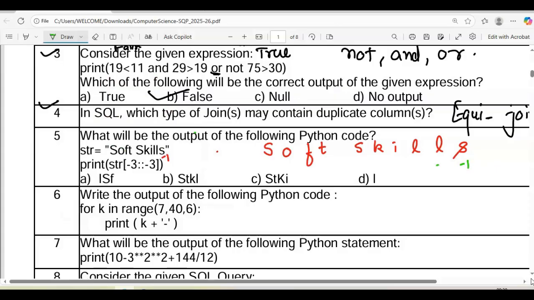So it is -1, -2, -3, -4, -5, -6, -7, -8, -9, -10 and -11. Now if you go for this one, it is starting from -3, then this one is the starting point, which is L. So you can see where L is coming. So this is wrong because the starting character is L only.